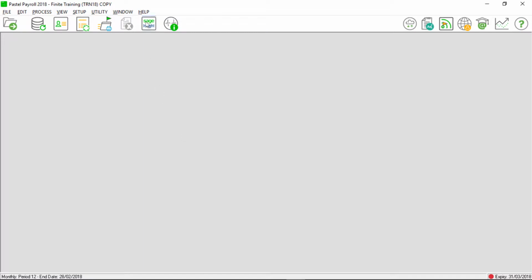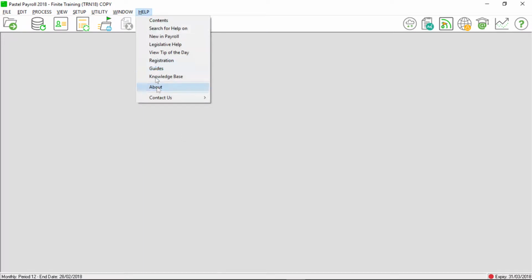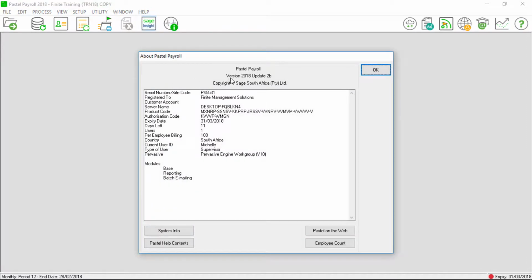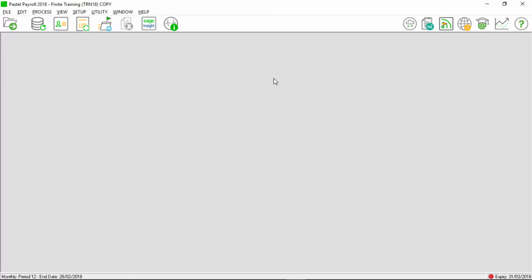Next, we'll have to make sure that we are in the latest version, and to do that we go to Help About, and you'll see that we are currently in our 2018 update 2B. There is currently a later version, and that will implement all the latest changes that we need for our March